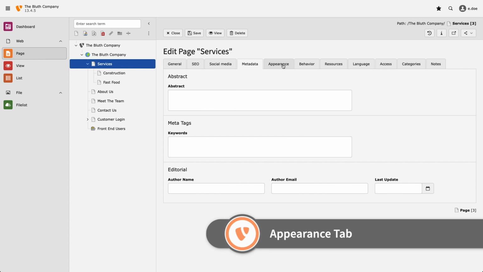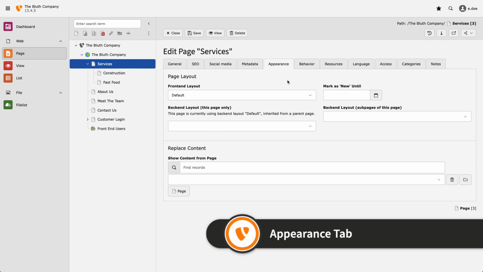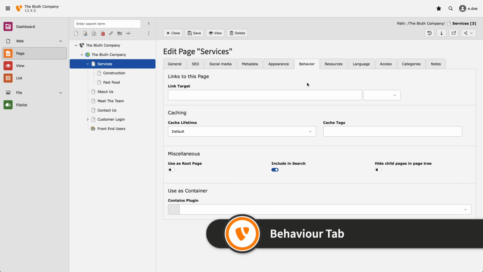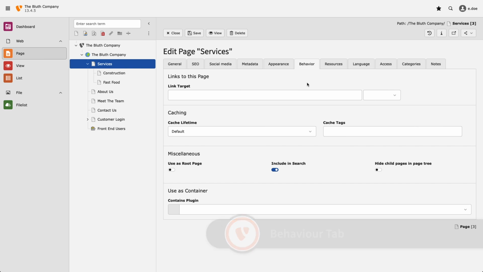The Appearance tab is very important, and it's from here that we can select a back-end layout for our page. Back-end layouts determine the structure of our page both in the back-end and the front end of our site. But in simple terms, it's from here that we select a HTML template for our page. There's not that much that concerns us on the behavior page, but from here you can specify the cache lifetime